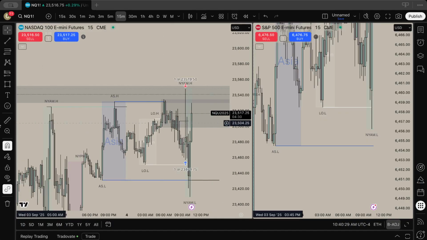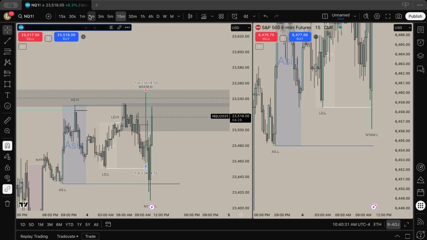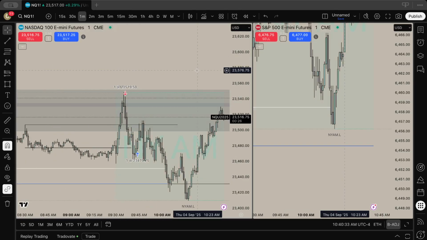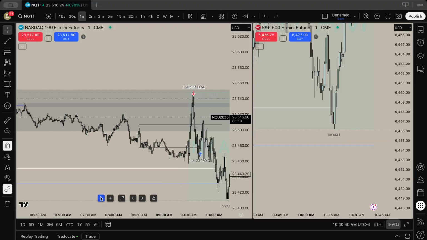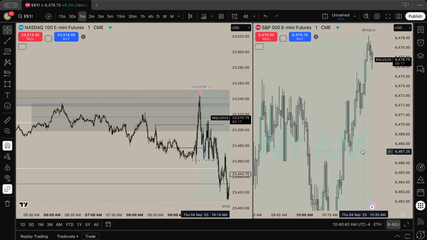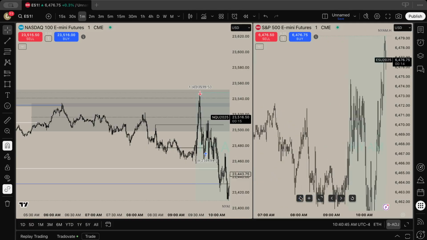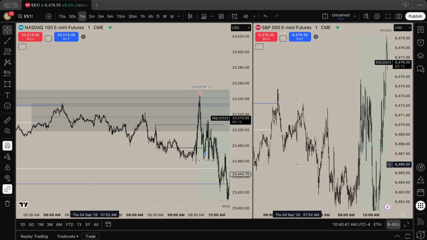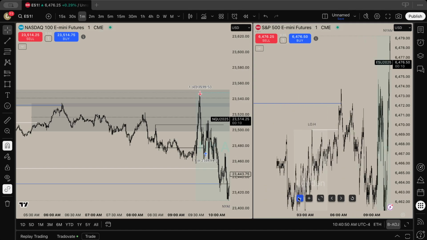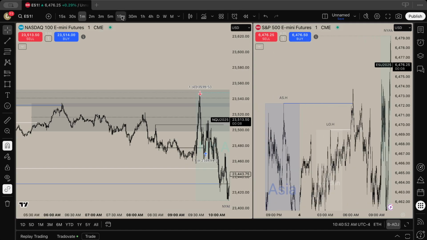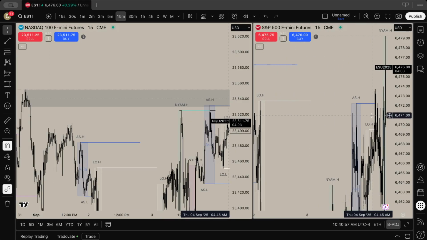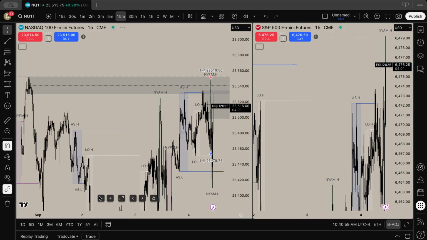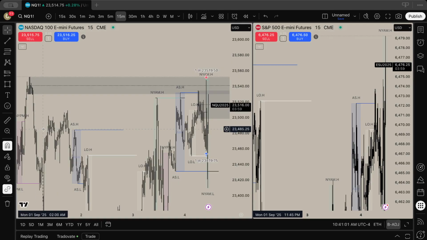So price sweeps into these overlapping order blocks, and I go on the 1 minute, and I see this fair value gap right here. Oh, we also have SMT as well. If we zoom out in this range, we can see that at this point in time, we have SMT. Okay, wait, let me get off the 1 minute time frame. Whoops, sorry guys, I'm a little bit brain dead right now. We have SMT right here.